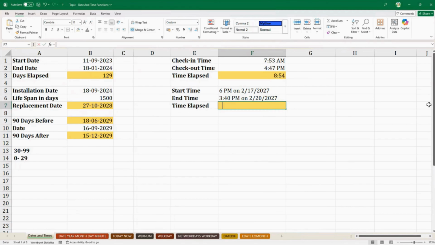Something like this, we won't be able to do any calculation at all. It can't be calculated computationally. We will get an error. So make sure these are put in the correct way, in the correct format, and only then can they be used